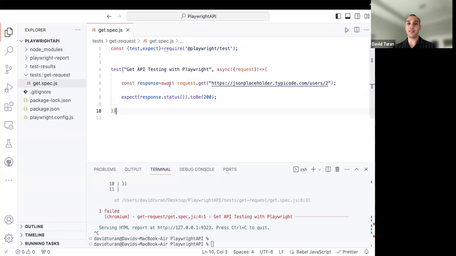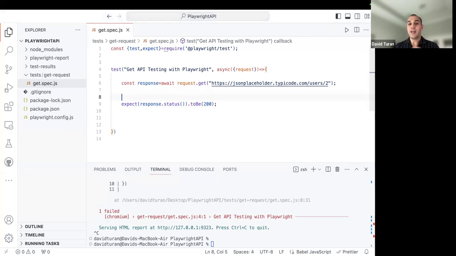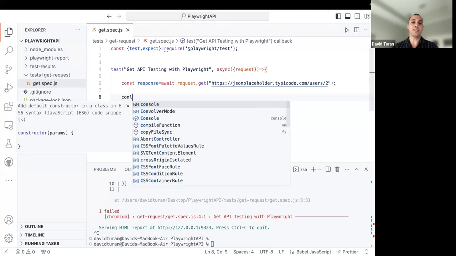And const response equals request get. Okay, so let's actually get in here. I want to see what we have and how we can see all these values. I am sending this request for user 2, and for user 2 I have some data, right? Maybe for that, if you want to just print it, in here,